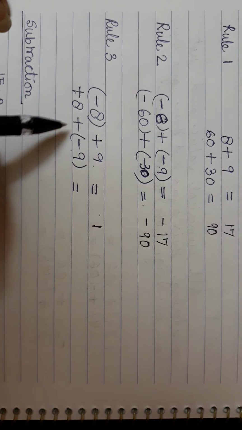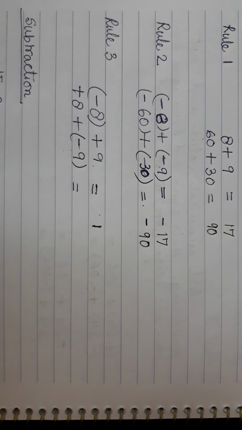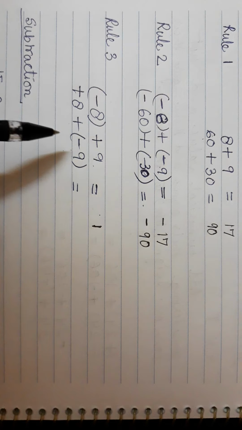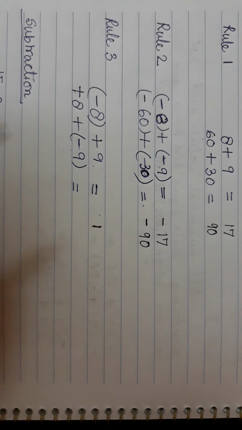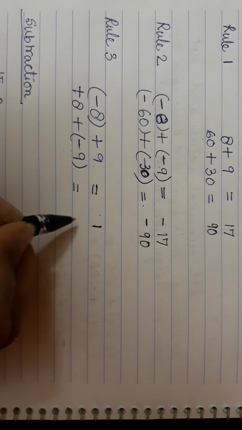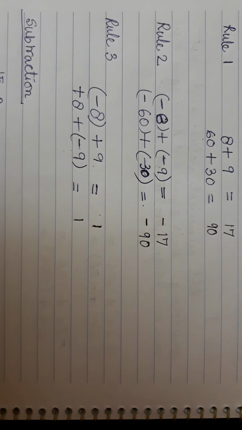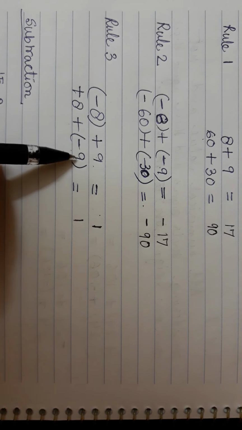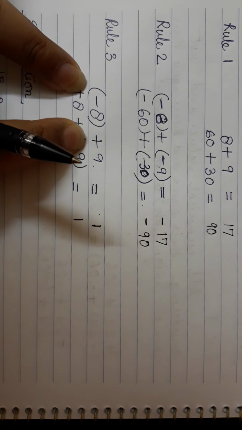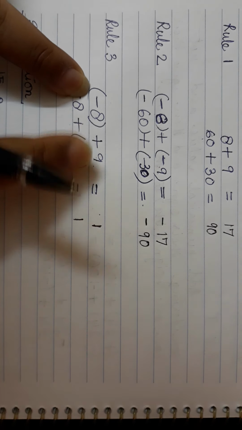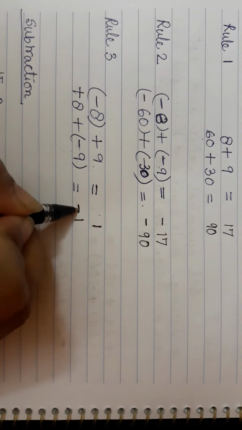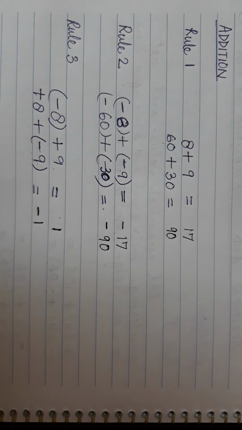Okay, now we come over here. In this case, again I will find out the difference. So the difference remains 9 minus 8 is 1. And then we have to give the sign of the integer with more numerical value. Regardless of the sign, here we have to ignore the sign of the given number. So 9 and 8. 9 has a more numerical value, 9 is negative over here, so we will write a negative sign. So this is how we do addition following the rules.